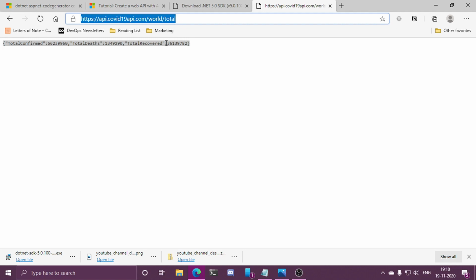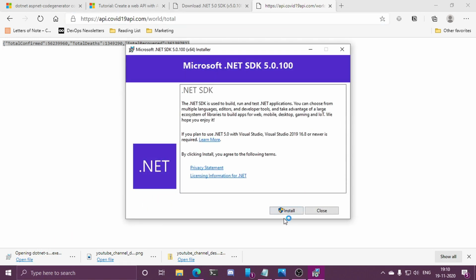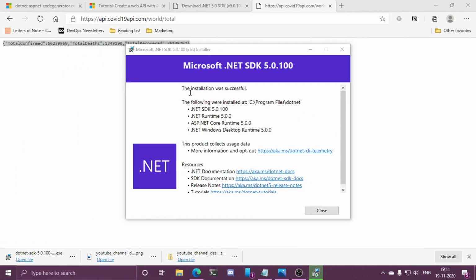So we are just going to build a simple wrapper. The intent here is to see how we can actually use the .NET 5 framework to build a REST API. So we will be learning how to fetch data from online sources and then how to format that data and serve it over to our own client. So we will see the end-to-end picture. And the .NET SDK has been downloaded, so I will just install it. As you can see, the software has been installed and we are good to go.